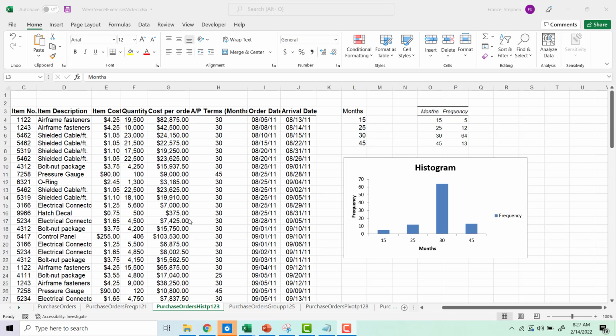Okay, so in the previous example, we created our own user-defined frequency tables and then histograms using the COUNTIF functionality in Excel. This time, we're actually just going to use Excel's own built-in histogram and frequency table functionality in the Data Analysis ToolPak. So we're on purchase orders here. I'm just going to show you how to